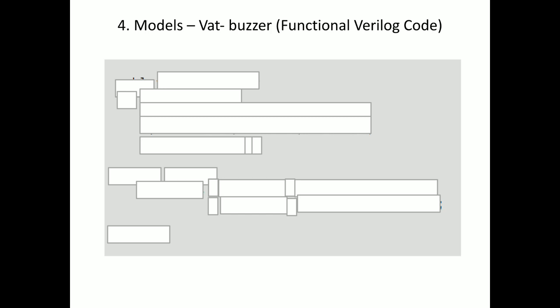First is module. Then what is the next one? Name of the module. What is the name of the module? Watt buzzer. Next, behavior: watt underscore buzzer underscore behavior. What was the structural Verilog code module name? It was watt underscore buzzer underscore struct. Struct was for structural. See how the name has been done neatly. So now here the name is for the functional Verilog code, behavioral Verilog code. The name of the module is watt underscore buzzer underscore behavior because it's signifying behavioral modeling.